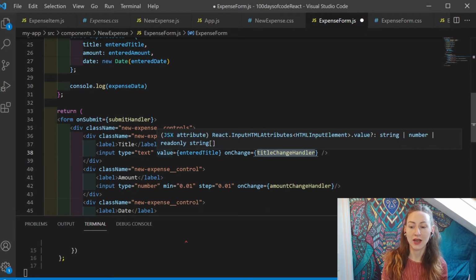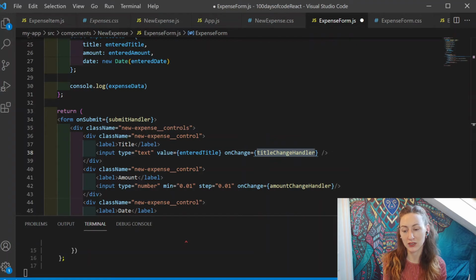But in order to reflect that back and keep everything bound, to have two-way binding, so if you put in one thing, it comes out on the screen, and if you change the screen, it goes back into the